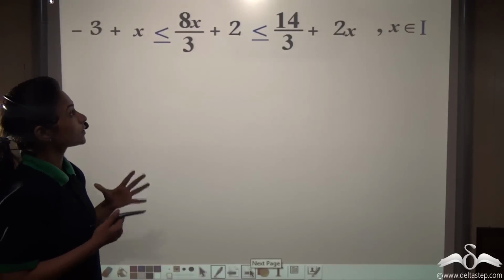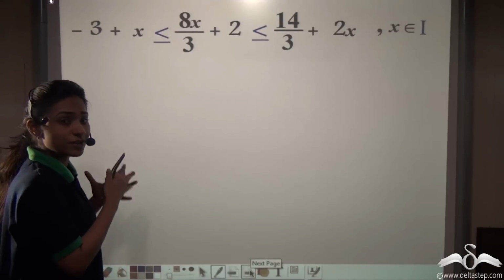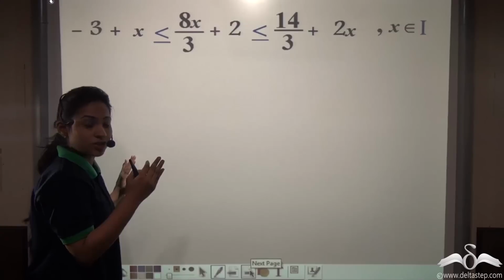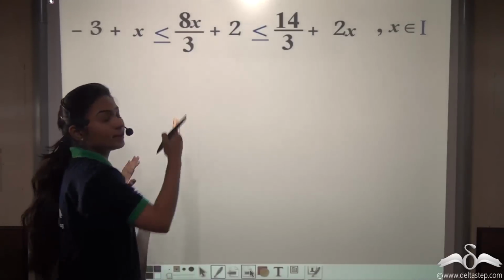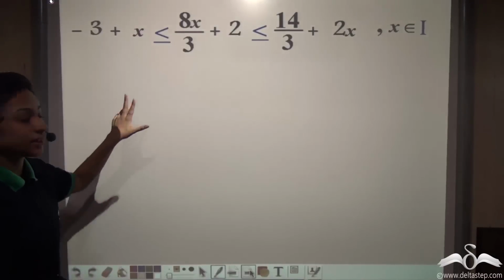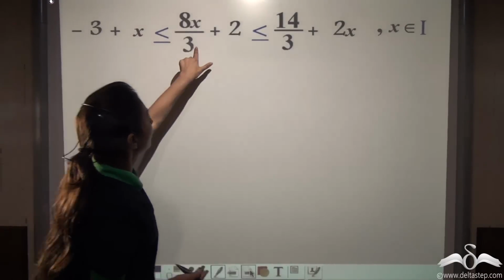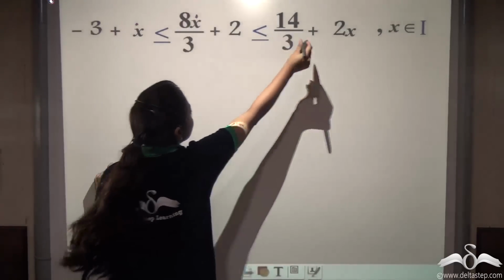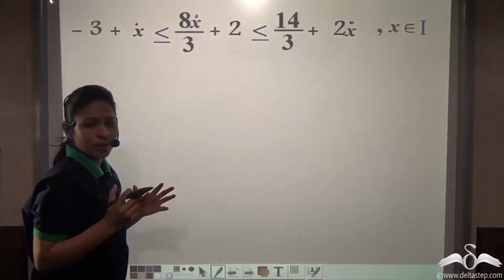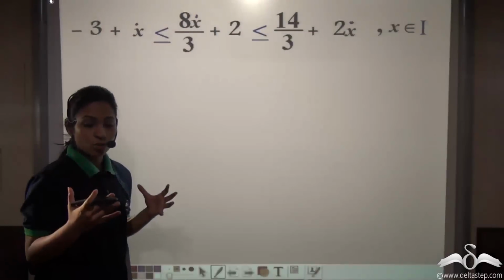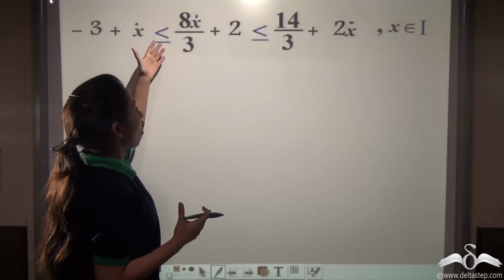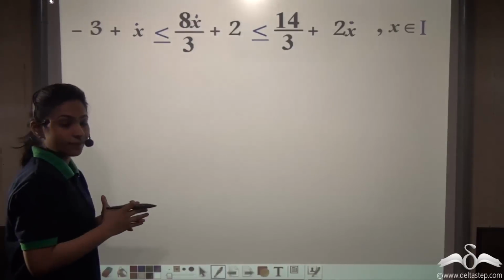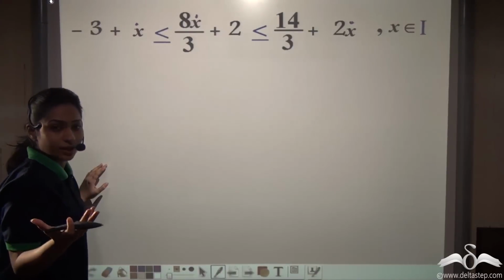Here, what do you see? In the previous sum, we had the variable and the combination of two inequations, but the variable was there only in the middle. But here you can see that the variable x is in all these places. Now how will I solve this? Now you know that whenever we have a combination of two inequations in one inequation, we solve them separately. So again do this. There's nothing to worry about it.